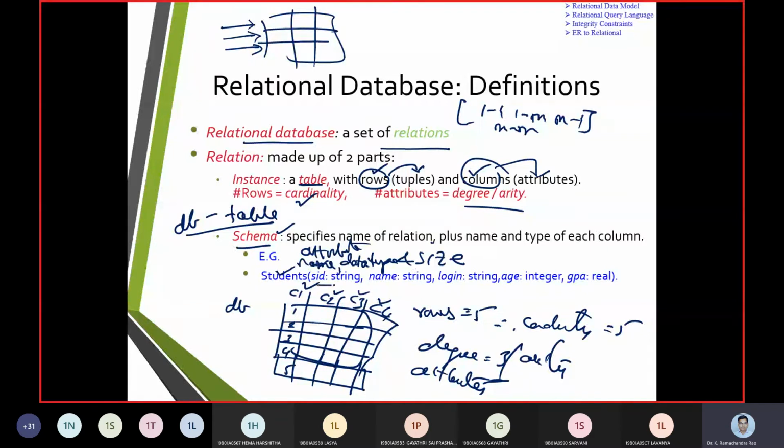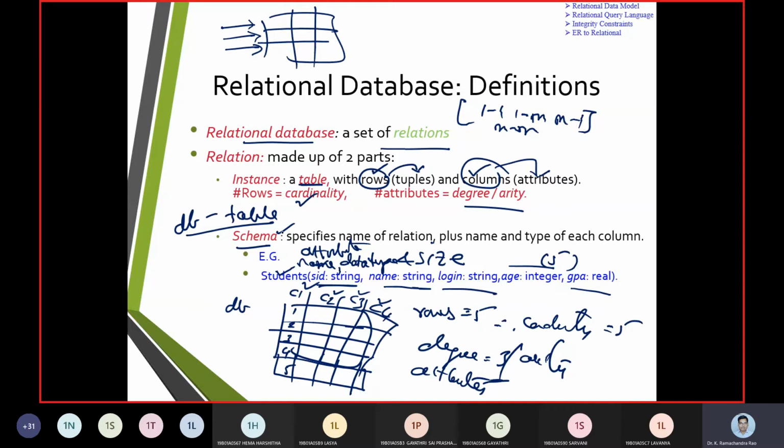So I have ID as a string, name as a string, login as a string, age as an integer, and GPA as a real number. GPA is the name of an attribute, real is the data type, and if I say integer of 5, then the size of age is given as 5.